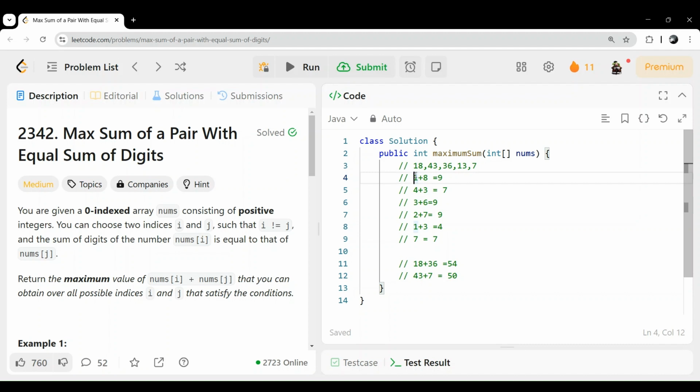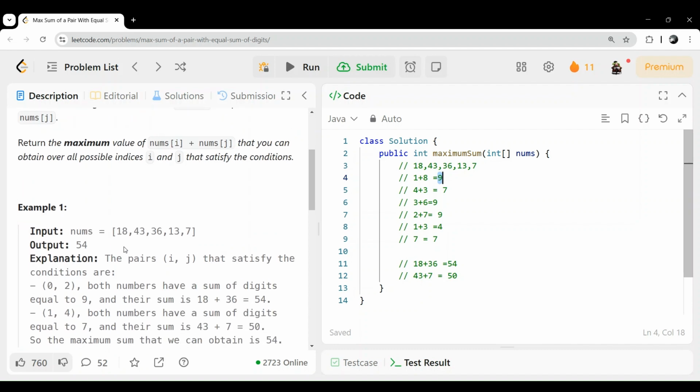Either it can be an array map, or you can use a Java hash map or tree map. Why? Because the key will be the sum and the value will be a list of numbers which has the same sum of digits, and then later you can find the maximum two numbers and find the sum of it. So that is one case.